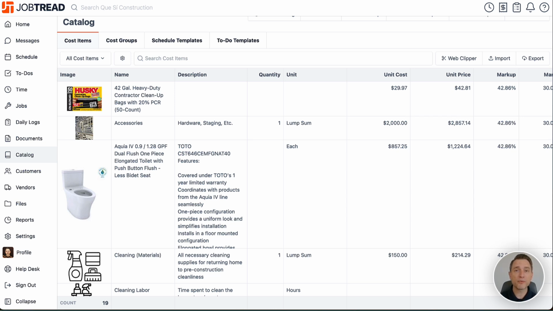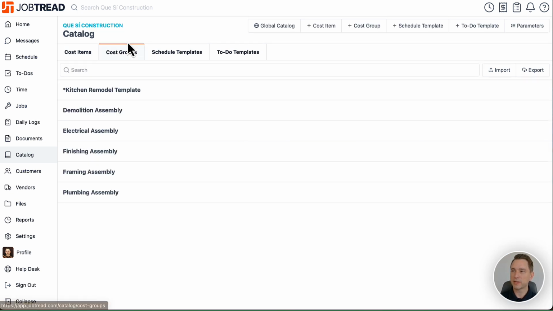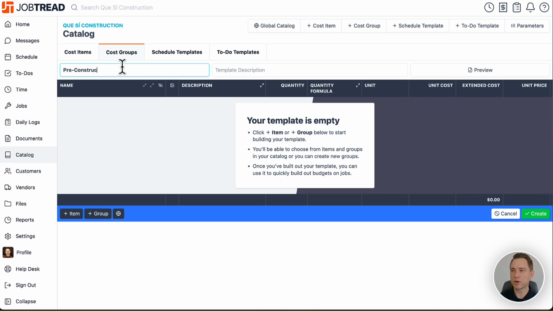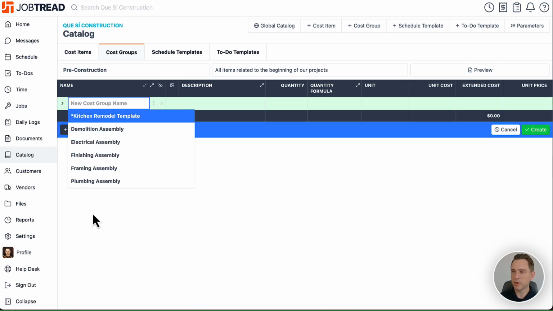So we have a couple of different places where we can go to create those cost groups. So let's go ahead and go into our catalog and then up to our cost groups tab. So the first way we can do this is to go up to plus cost group and create a new cost group for ourselves. So we can give our new template a name. Let's do something like a pre-construction cost group, okay? If we wanted to give it a description, so all items related to beginning of our projects. All right, and then we could give our cost group a name. We'll call it